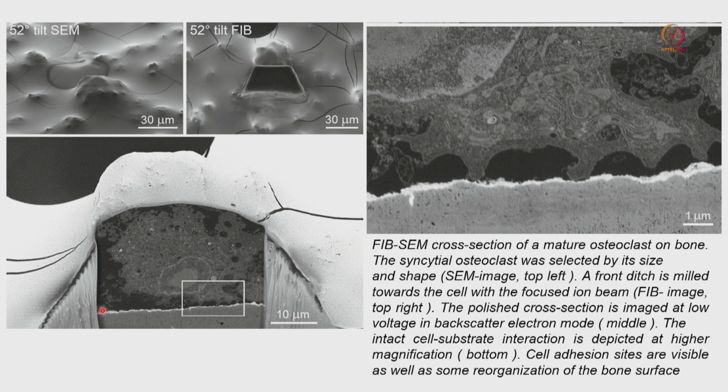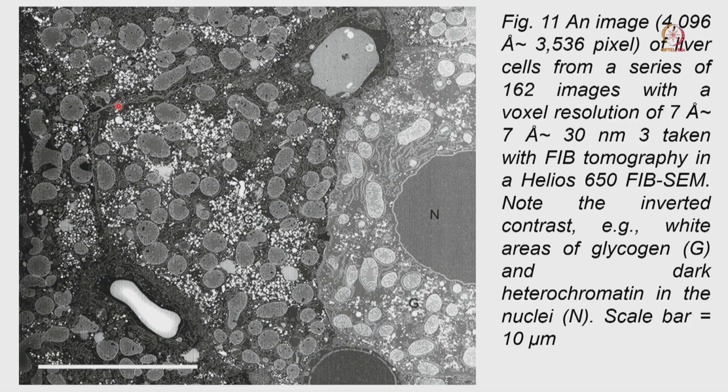So, in this enlarged view you can see this membrane is completely ruptured, which is deposited here. We are milling with the focused ion beam and gradually milling this entire part and opening this entire area. Now, we are focused on this particular area for imaging using the SEM, where you can see this is the outer part which is visible here, and you can see lots of other cell organelles in this particular region. So, using this we are not damaging the cell too much, we just focus on that particular region and see all the details.